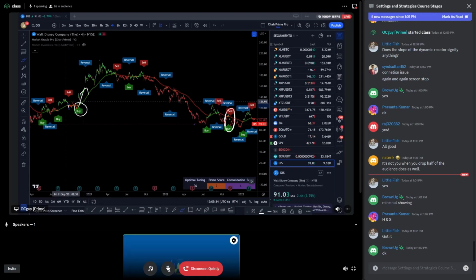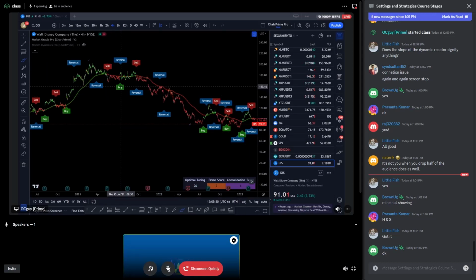So remember, when we have a sell, we can either range or go down, right? If we have a sell signal and we range, that is a strength signal, so we should be getting ready to buy. Let me show it to you. When we have a buy signal and we range, that is a weakness signal, and then we should be getting ready to sell, right? So that is another pro tip for you guys, just so you understand how these things work and how you get the most out of them.